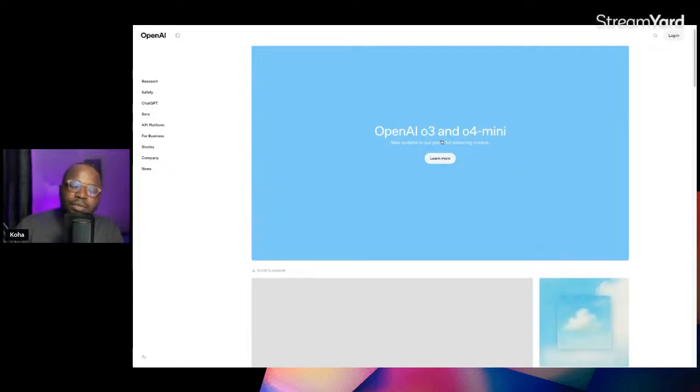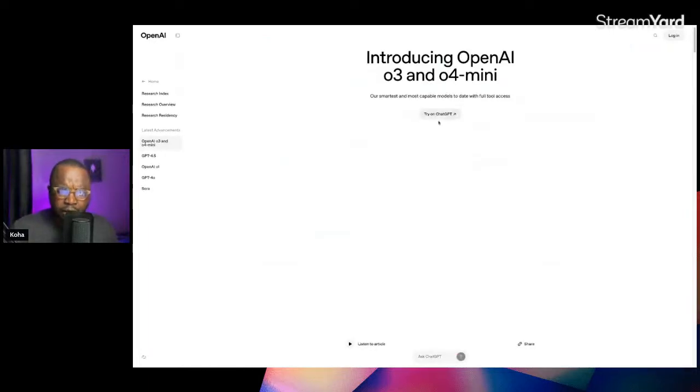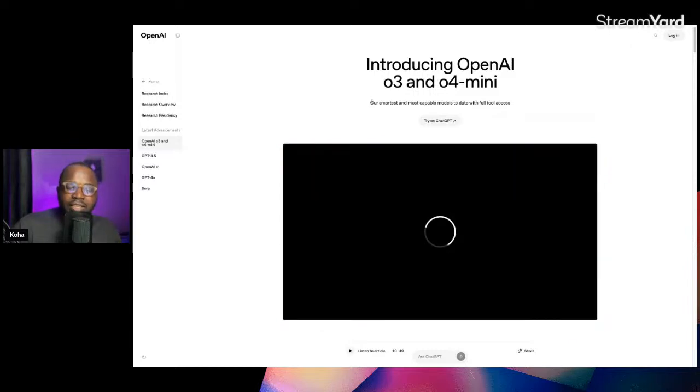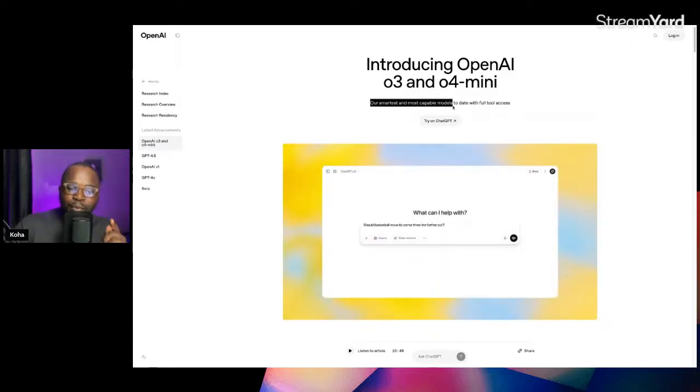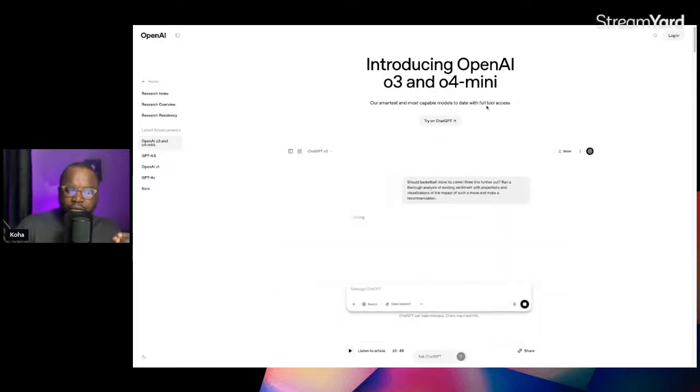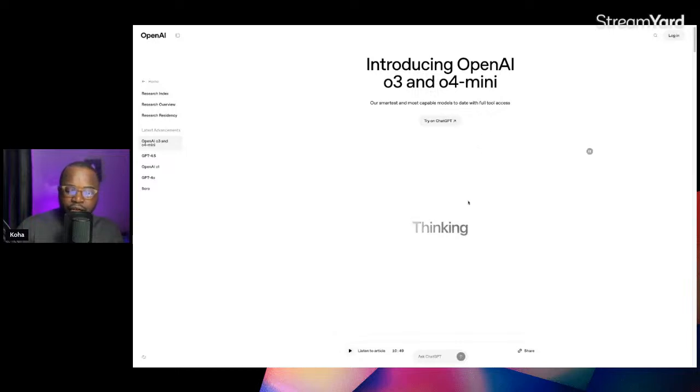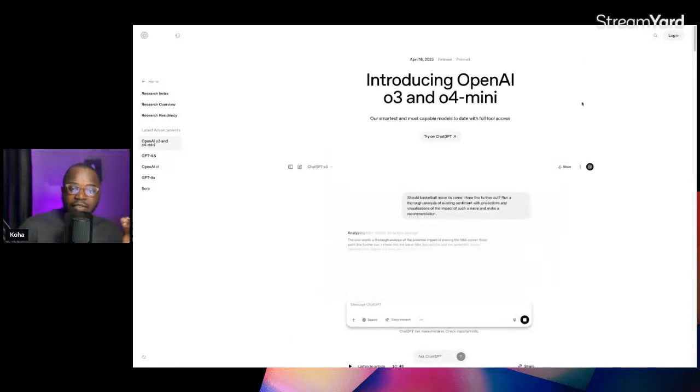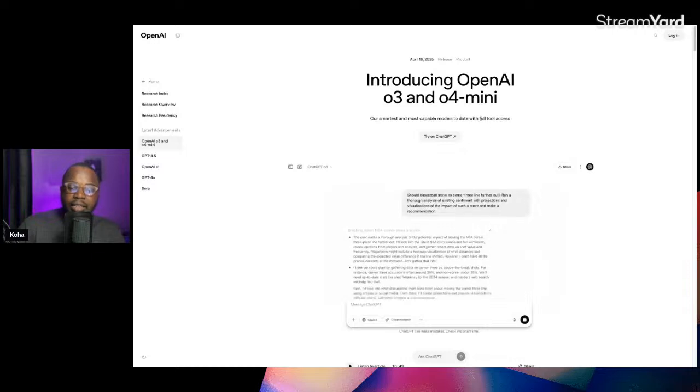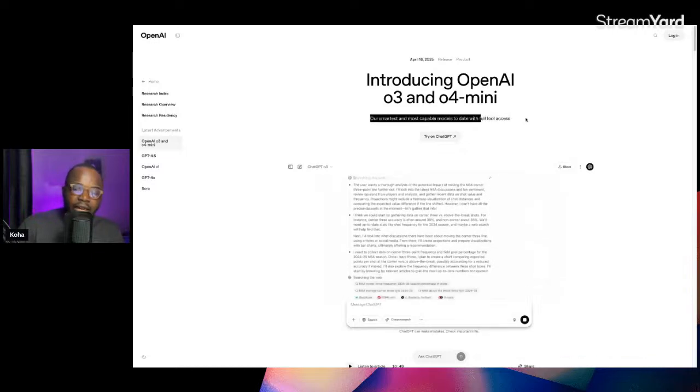And everyone seems to be building on the other models on some things, and that is normal. Of course, there's going to be improvement. If not, then what is it? But this is our smartest and most capable models to date with full tool access. Like I emphasized, this model was done with tooling in mind, and that's one of the things they demonstrated. It's the most advanced reasoning model, and most capable in the sense that it has tool access